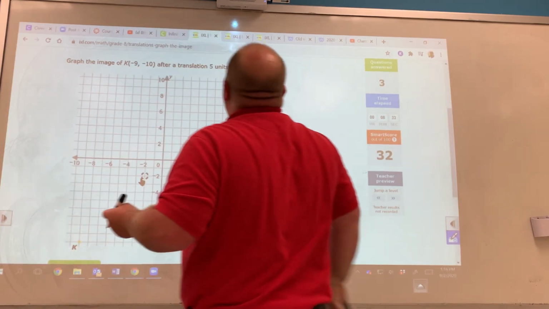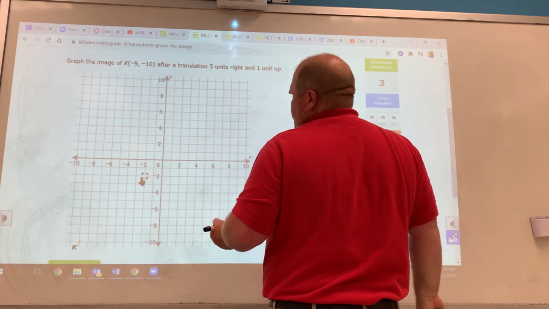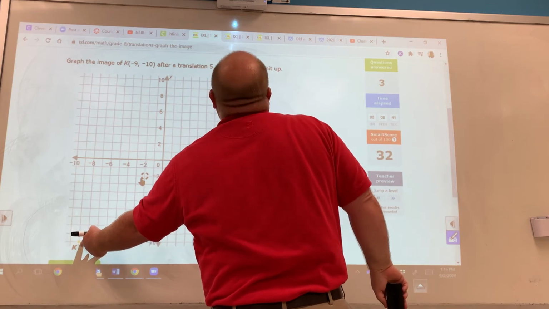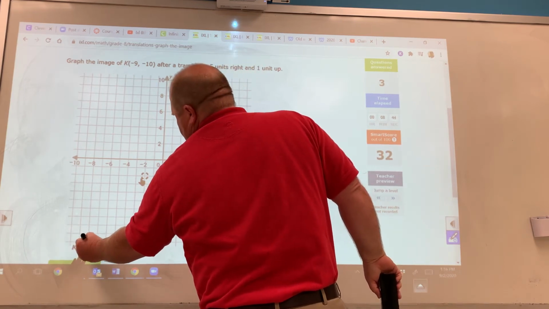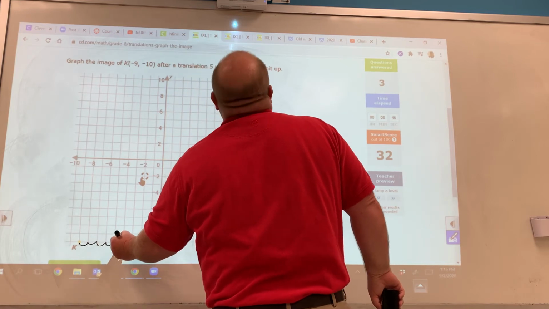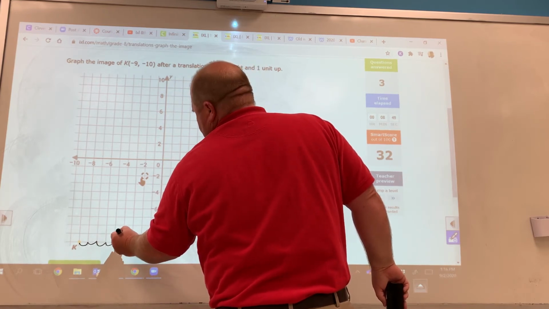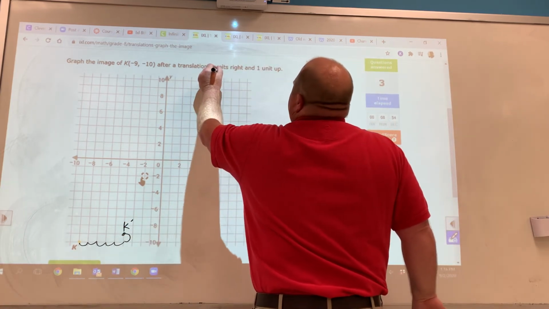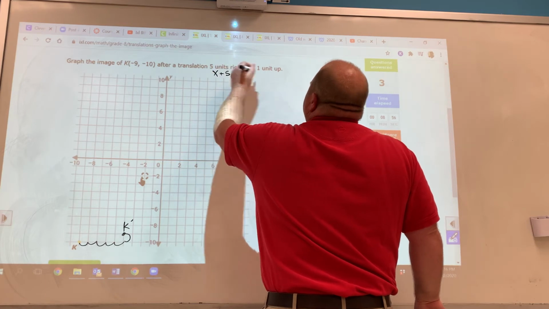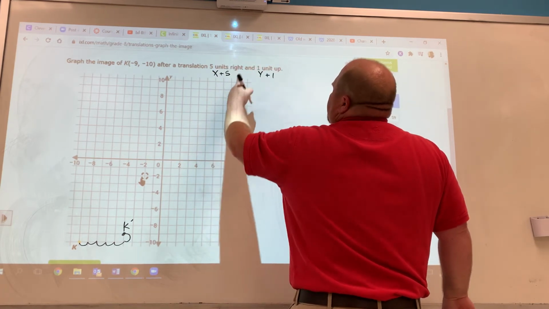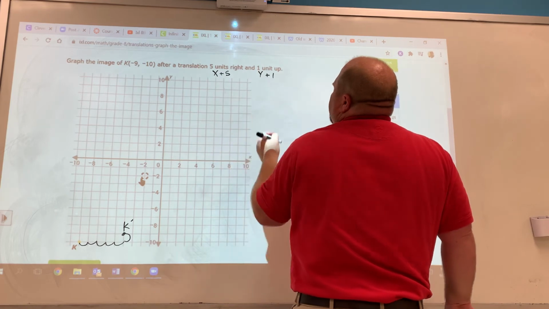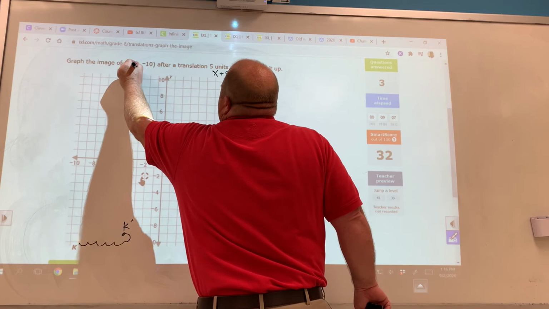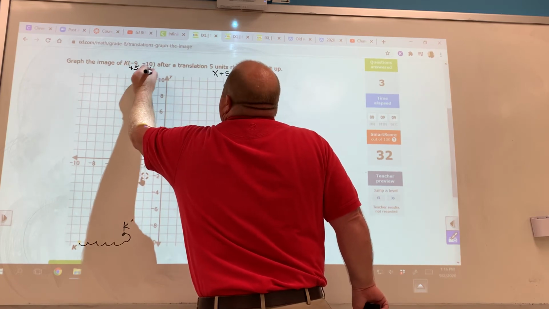Okay, 5 to the right, 1 unit up. 5 to the right, and 1 unit up from -9, -10. Way down here. 5 to the right, 1, 2, 3, 4, 5, and 1 place up. So that's right there. And so 5 to the right would be x plus 5. 1 up would be y plus 1. To the right, it's positive, just like a number line. The positive numbers are on the right, and then we talked about up being positive. So plus 5, plus 1,